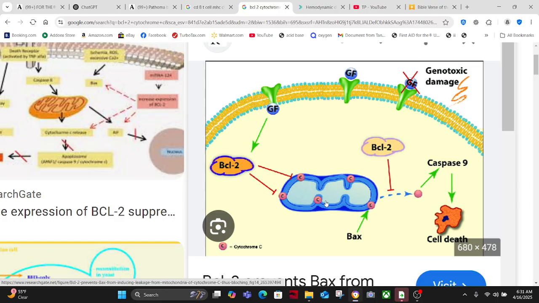Okay, the second way that apoptosis happens through caspases is by